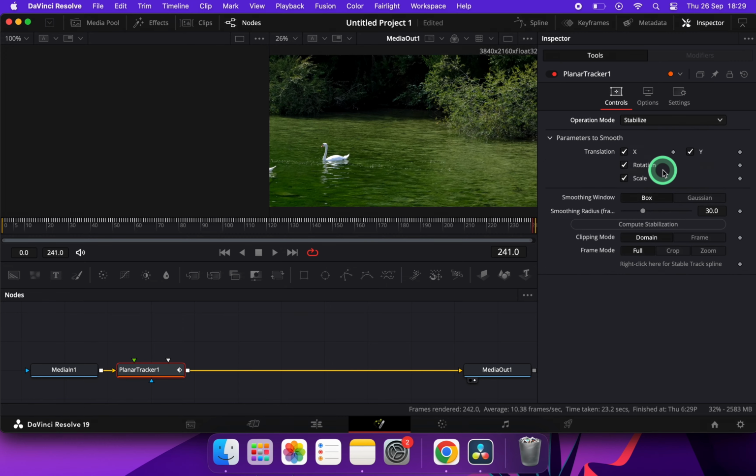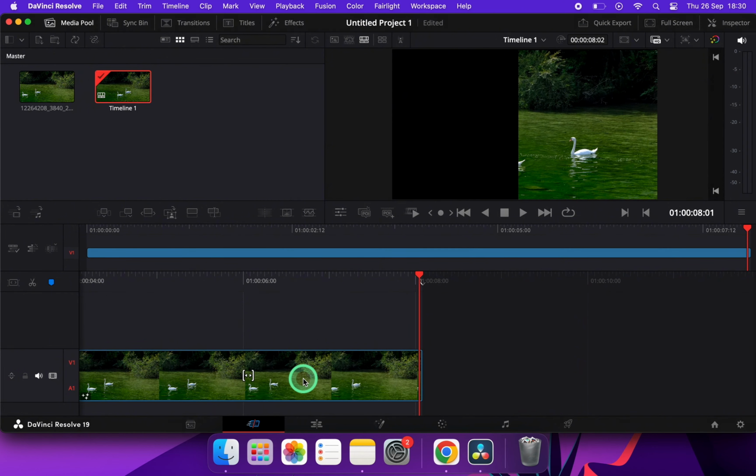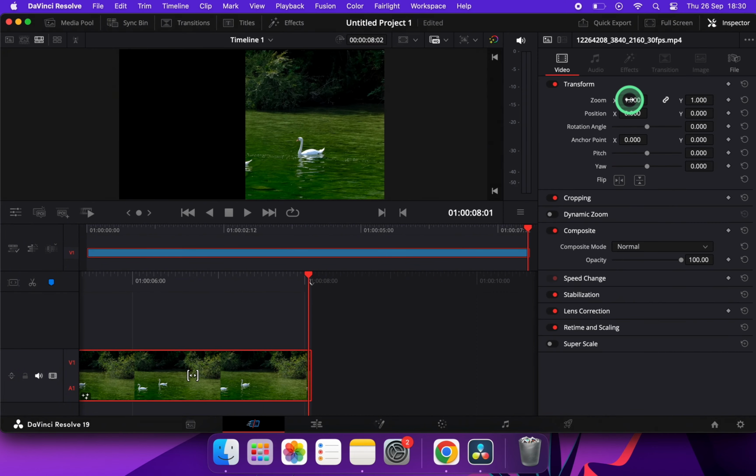Okay, now we select stabilize, and in case you see this, we'll go here. Inspector, and here in Zoom you can adjust it so that it looks good with the Zoom X and the